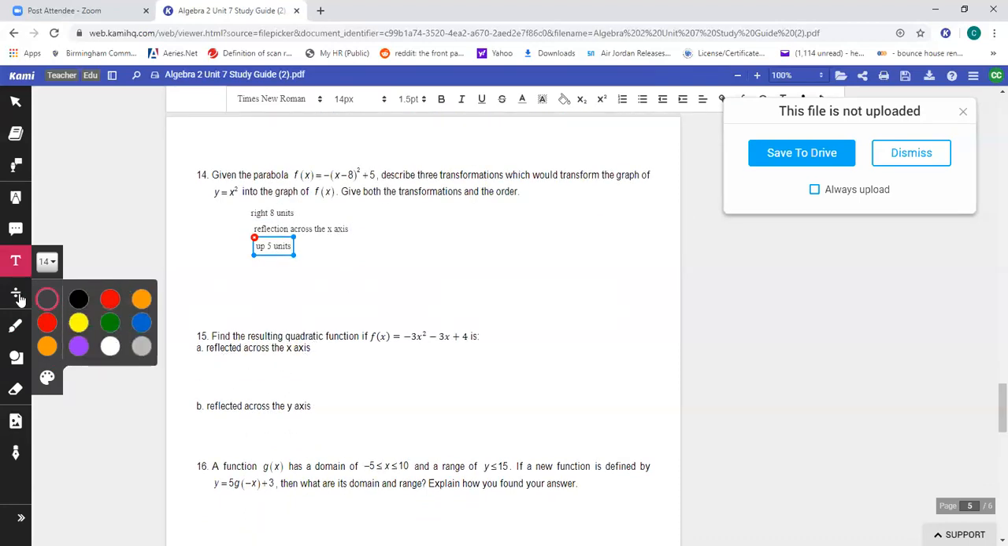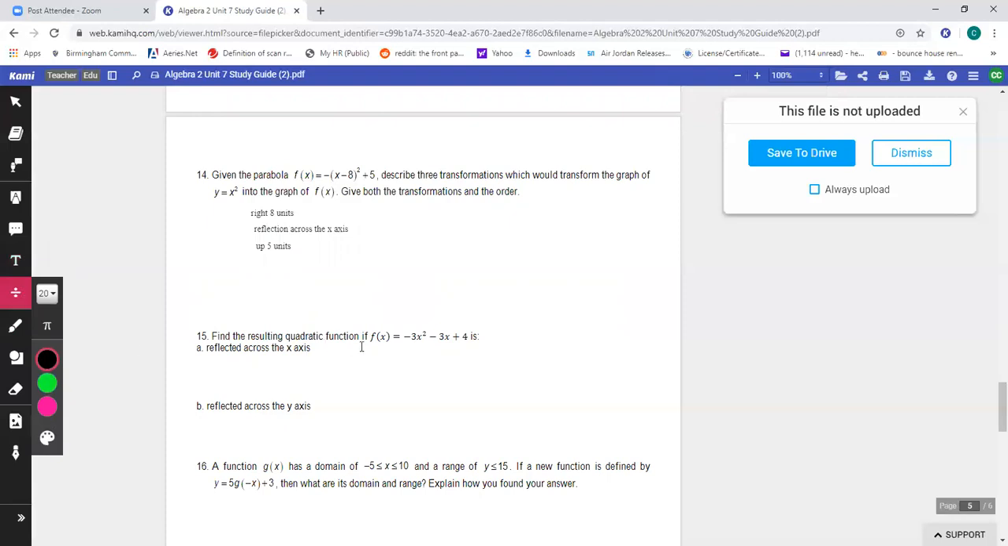So we have to find the resulting quadratic if f of x, if this is my thing and it's reflected across the x-axis. Now remember, if you're reflecting across the x-axis, then that means you switch the signs of everything, okay? So it's going to be y is equal to 3x squared